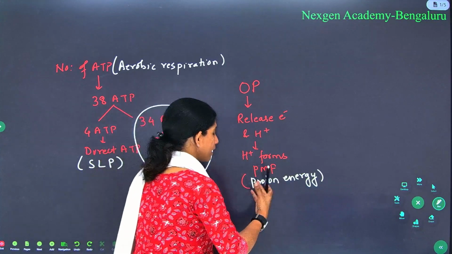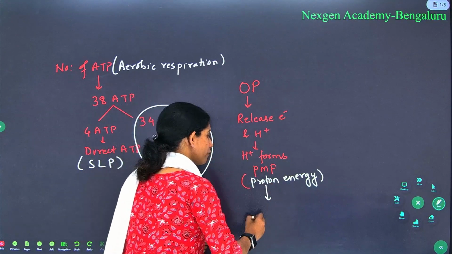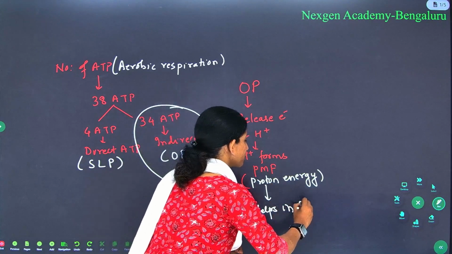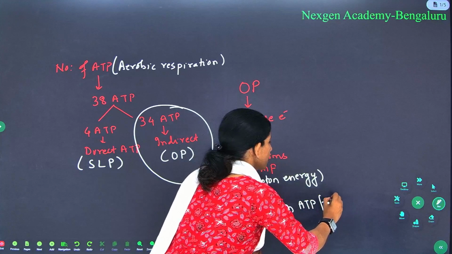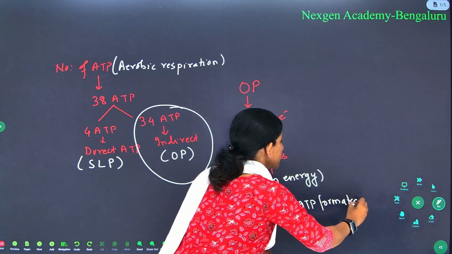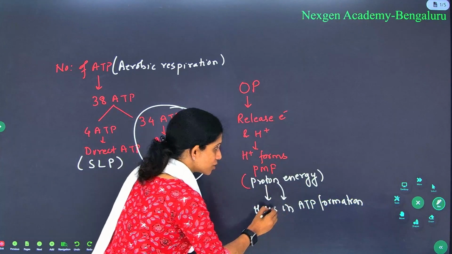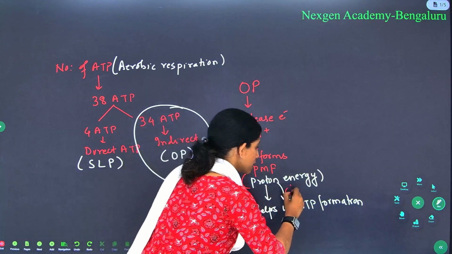And this proton energy is the one which helps in ATP formation. The process of ATP formation with the help of this proton energy is what you call